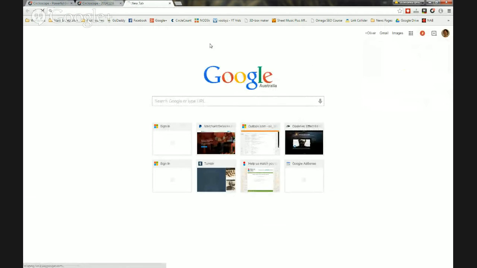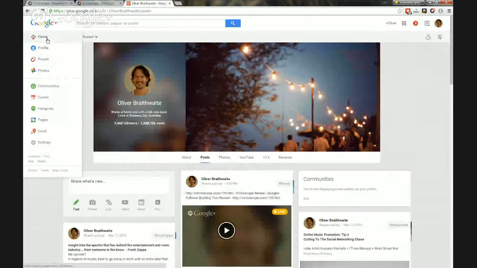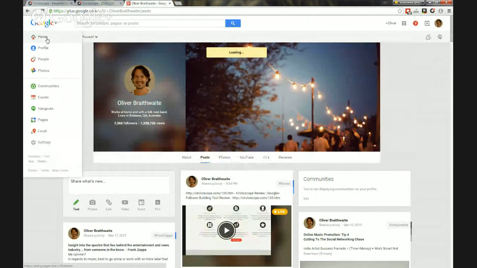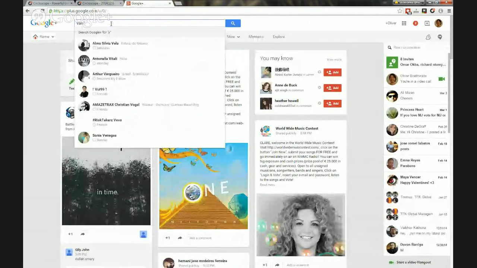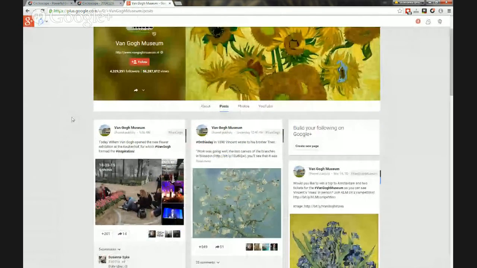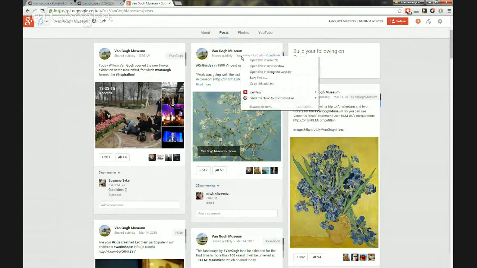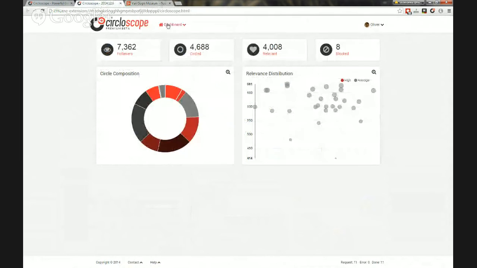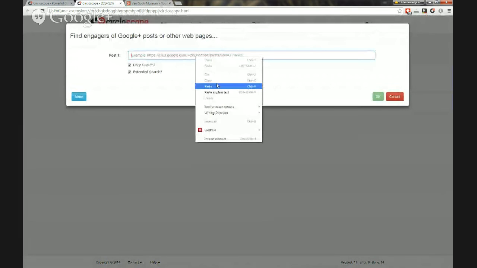If I go to my profile and find something on, let's say, Van Gogh. Okay, Van Gogh Museum. You go there and you find a post. Look at that, this post has had 550 pluses and 51 shares. What you do is go up to the time and date stamp of when it was posted, copy the link address, back into Circloscope, go to the engagers of a specified post, put in that post,